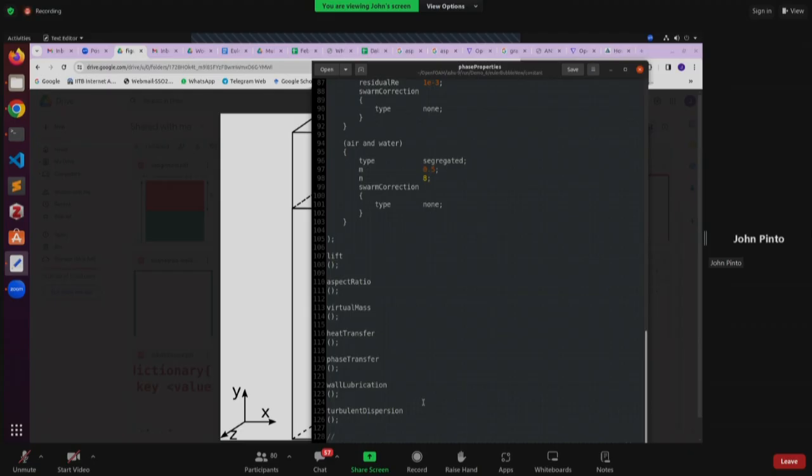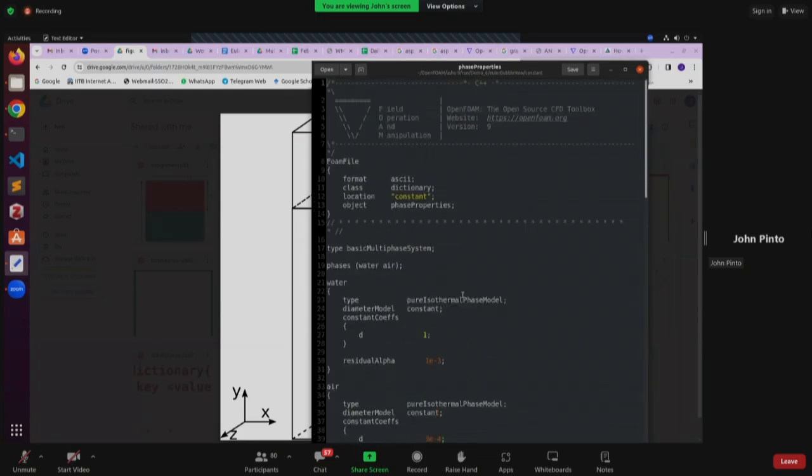And last, turbulent dissipation is how the bubble or particle will interact with the turbulent eddies. So all these things you can add depending upon your requirement. After the end of the session, I will share certain resources with you so that you will be able to go through this. Okay, so this was our